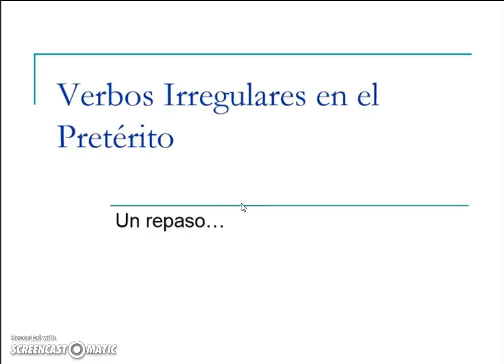Hola, ahora tenemos una lección de verbos en el pretérito. Estos son verbos irregulares. Aquí es un repaso, se dice, a review. This is a review from concepts from Español 2. I think there's maybe one new verb in here, caber, that I've added. Other than that, everything else should be a review. Make sure you take notes and put that in your Spanish notebook and bring that to class in case there is an open note quiz.